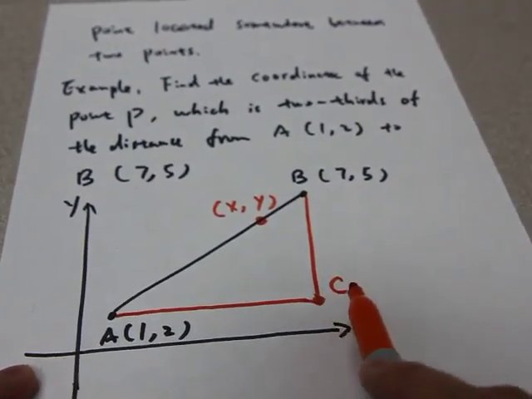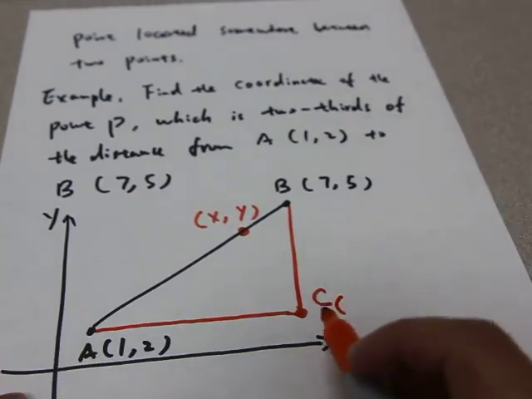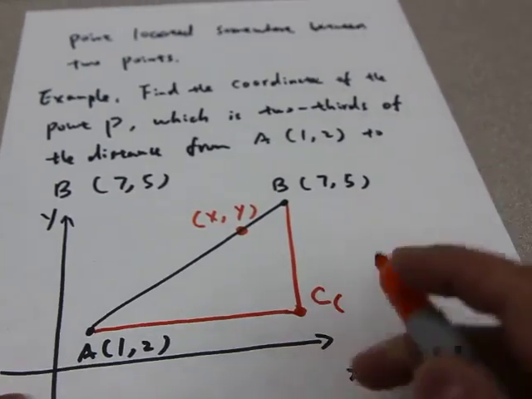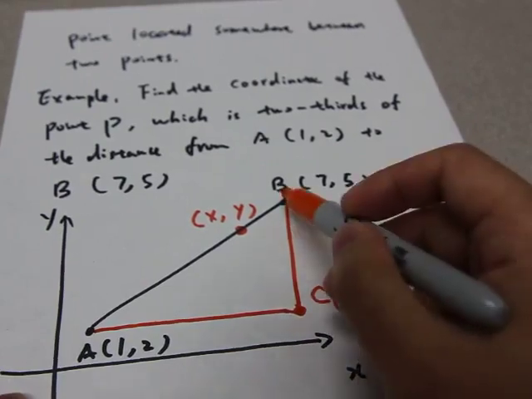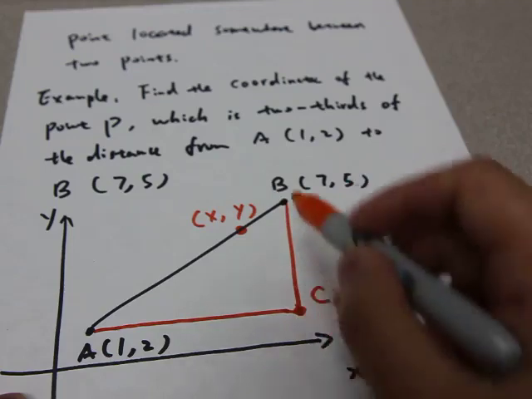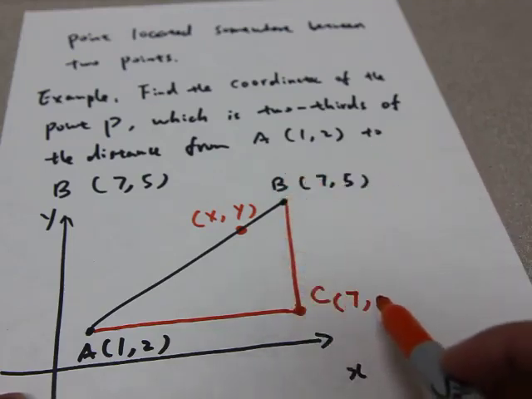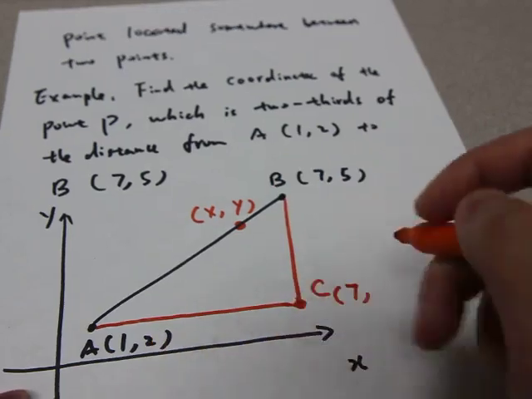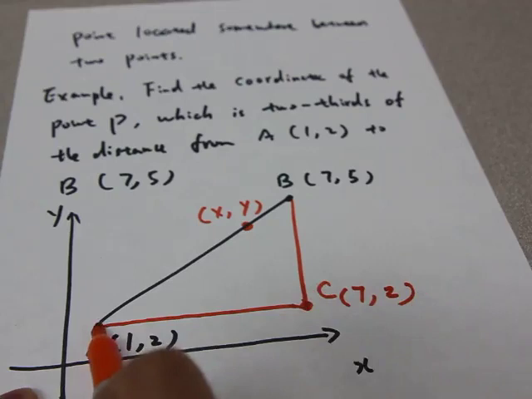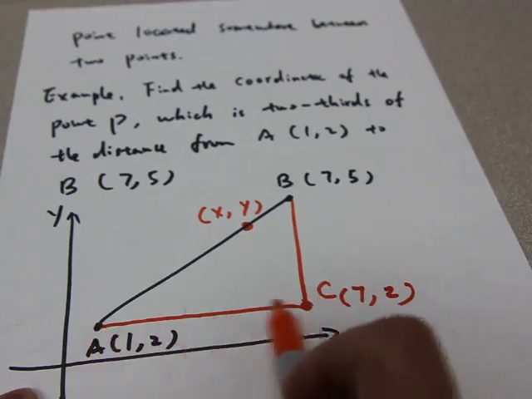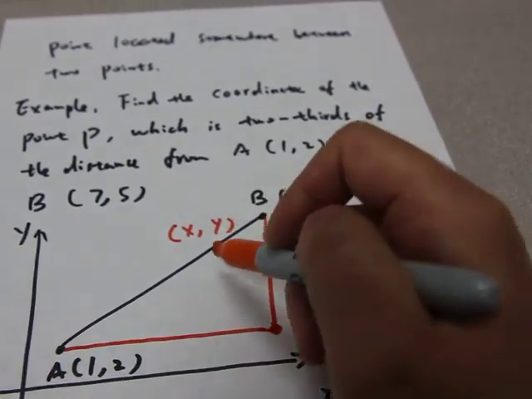Now, for this point C, its x coordinate is 7 because B and C, they are on the same vertical line, and its y coordinate is 2 because C and A, they are on the same horizontal line. Okay. And then